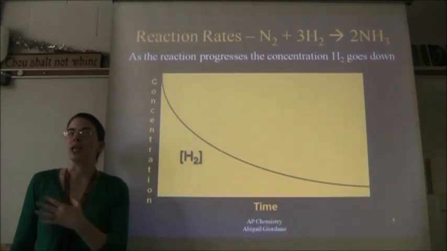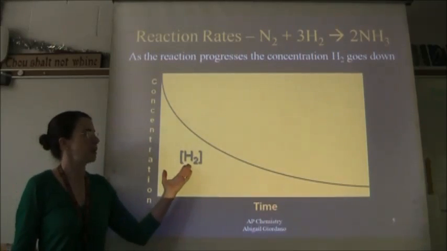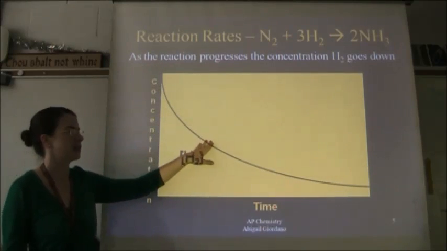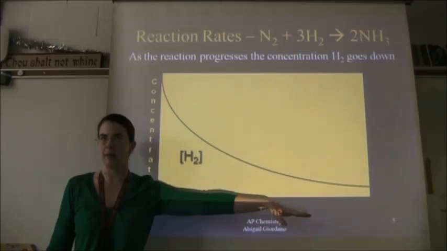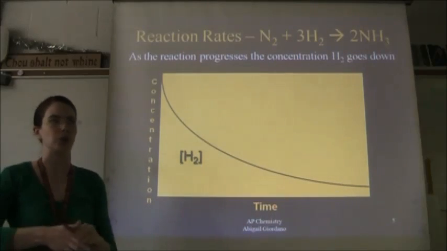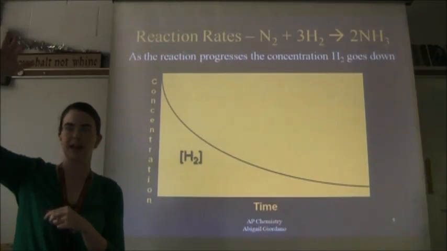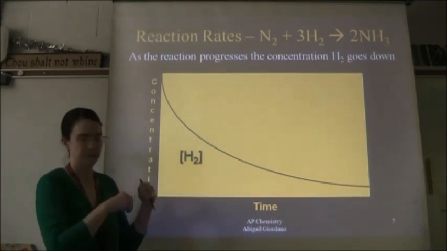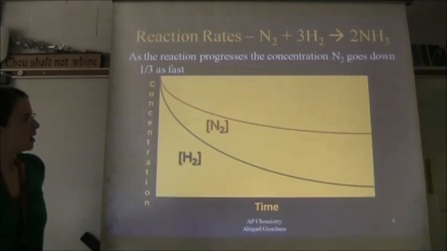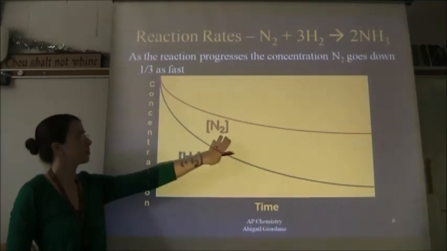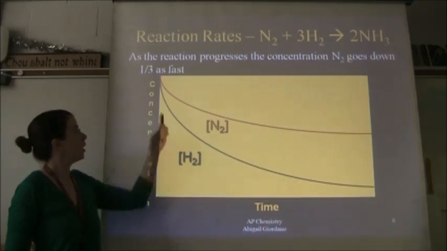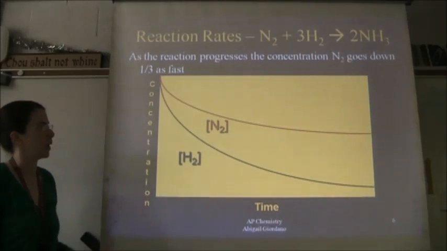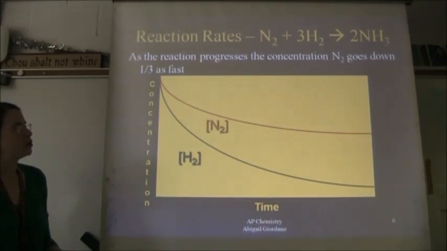Since it is a reactant, it should make sense to you that its concentration is decreasing over time. I mean, think about it. At the beginning of a reaction, you have a ton of reactants, and over time, they get consumed. Okay? Nitrogen, the other reactant, also decreasing over time. Okay? But I want you to look at this